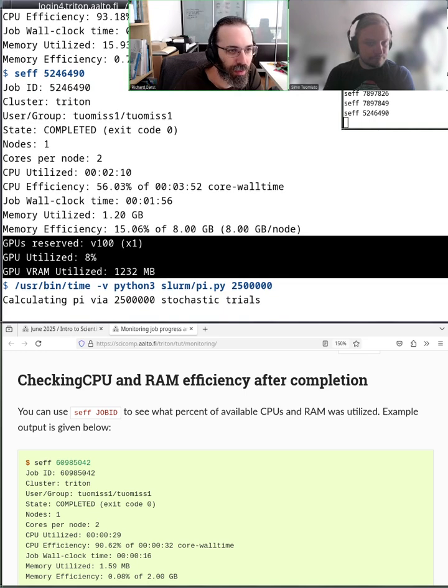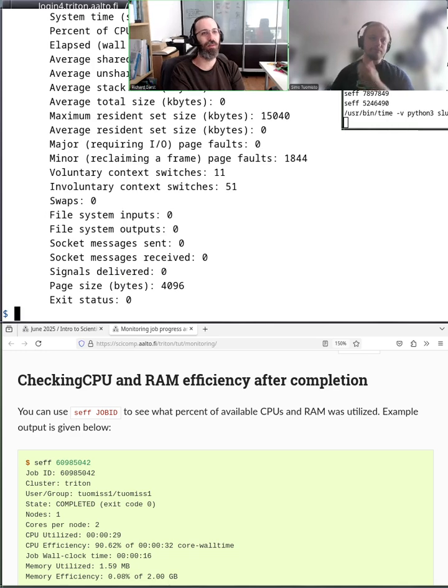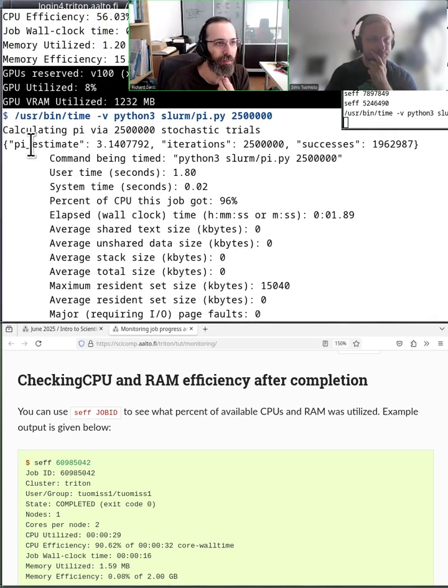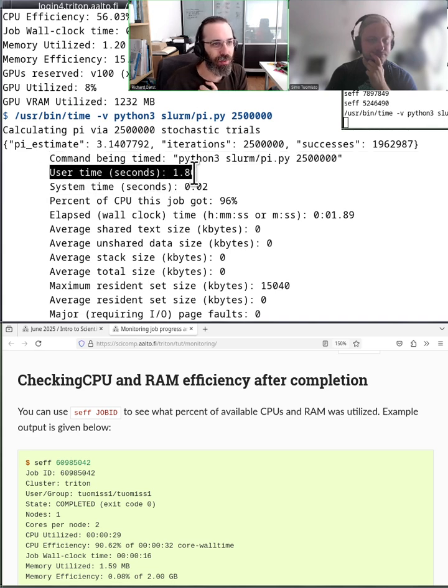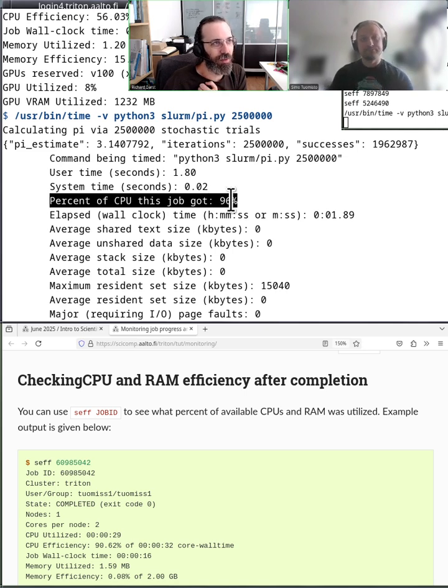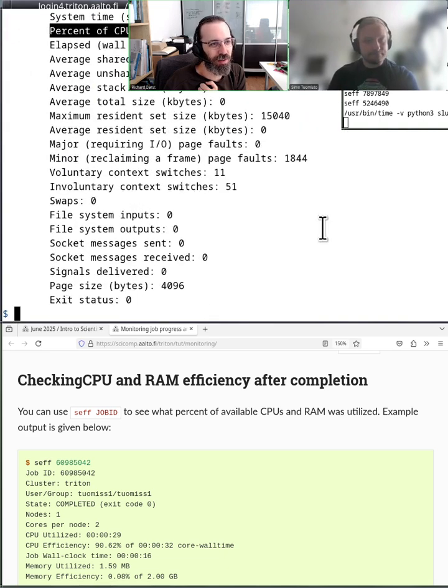So this will run, and this is from time. Time prints out all of this other stuff, which will tell you some basic summary: the user time in seconds, what percentage of a CPU was used during this time period,